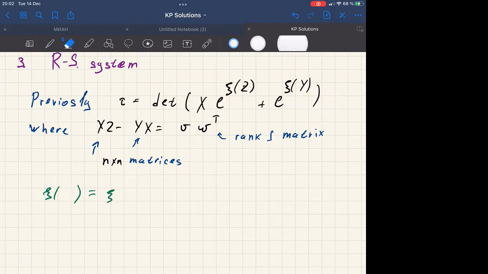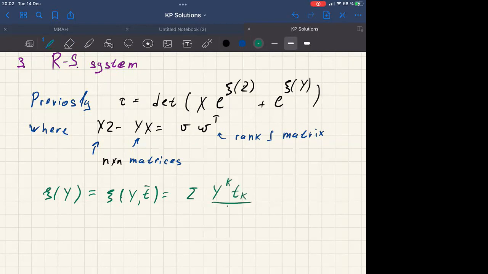We don't have psi of x, but psi of y is psi of yt, which is trace of, oh, sorry, not trace, just of yt equals from 1 to